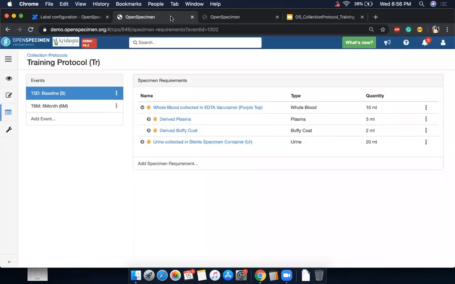Even in your unplanned protocol, say for example in your general biobanking, you might not have these specific time points, but you might still know what you plan to collect and how you plan to process it. Those kinds of details can be set up in the protocol. How this will help you is that when you're doing data entry, it will allow you to use this as defaults.